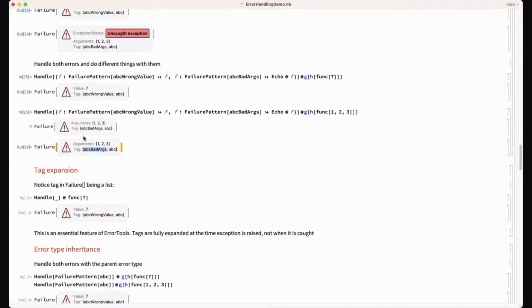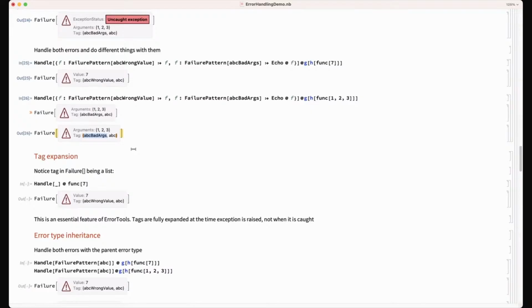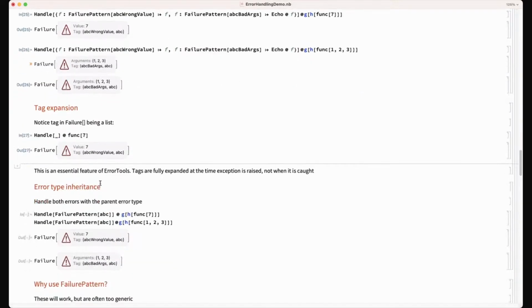At the time when we raise, you first expand all these tags, and so the composite tag that we're sending this failure with is a list of these tags. That allows us to do selective catching based on hierarchies. So this is about tag expansion.